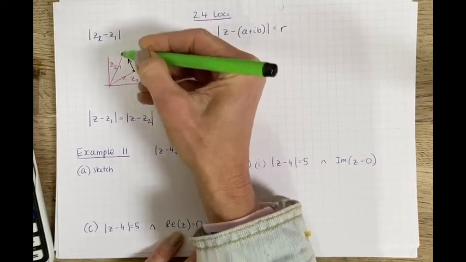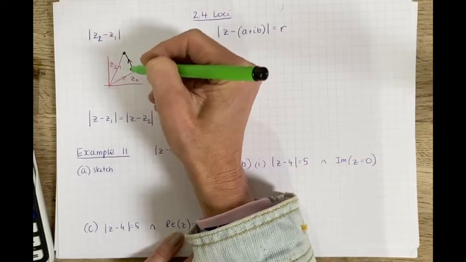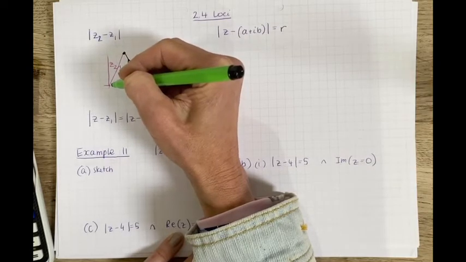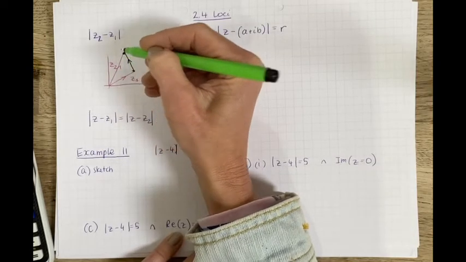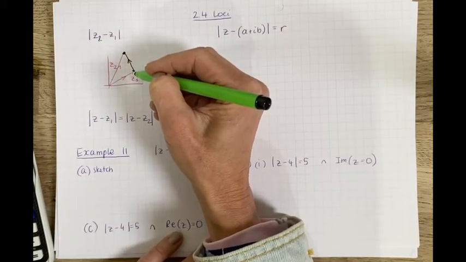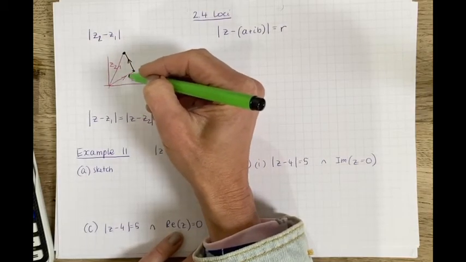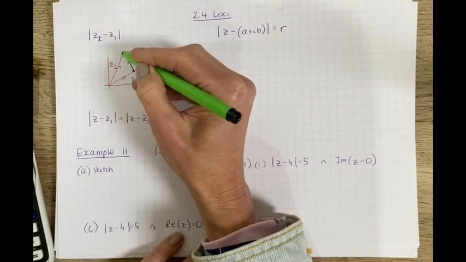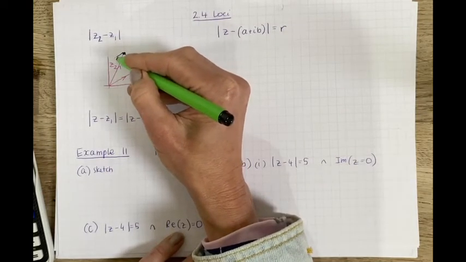There you go. So z2 take away z1, so you go from z2 minus z1. If you were to draw this on top of that, so move this vector over here, so this is minus z1,